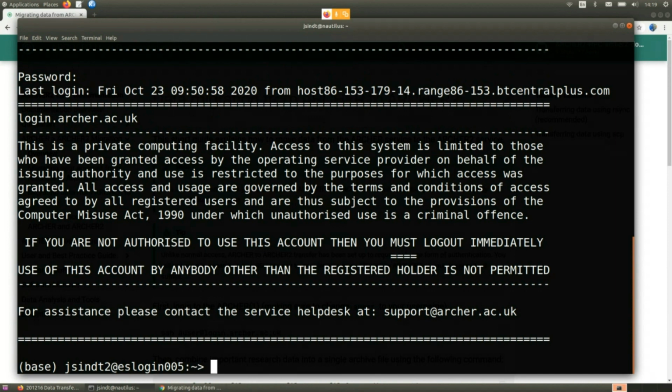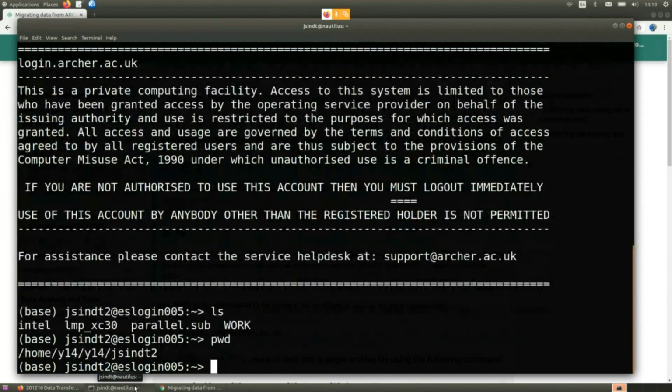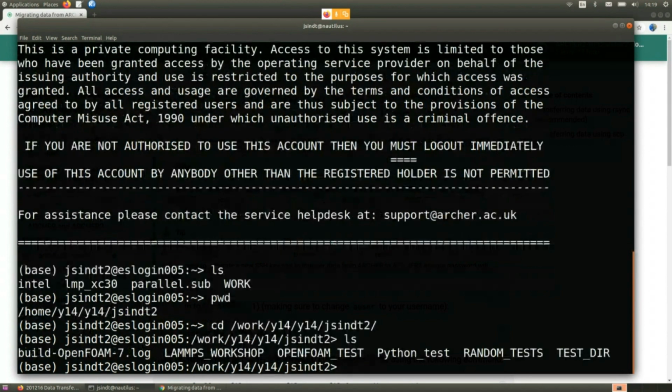Once you've logged into Archer, and as you can see, I've logged into Archer as jsint2, my username. I'm in Archer. This is the present working directory. I'm in home. Once you've logged into Archer, you can go to the place where the files you're wanting to transfer exist. So in this case, probably /work/y14/jsint. So here I'm in my work directory, and you'll notice there is a number of different files,